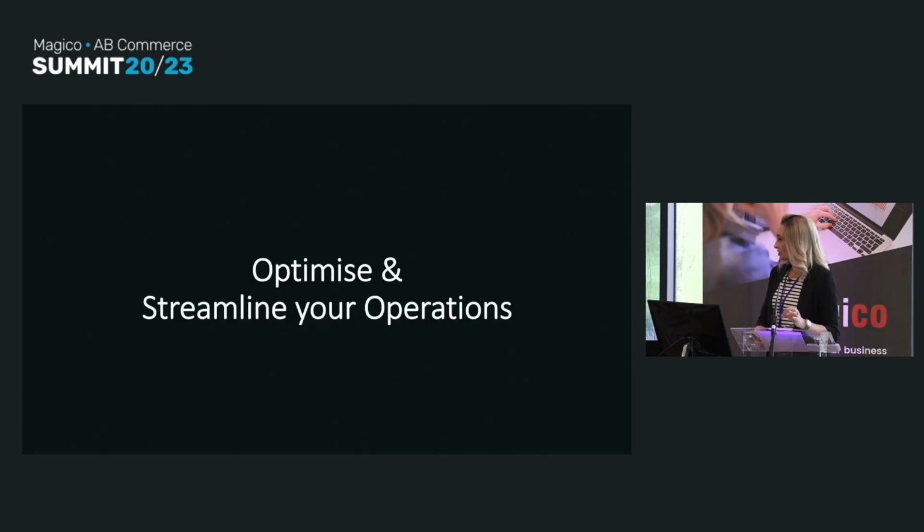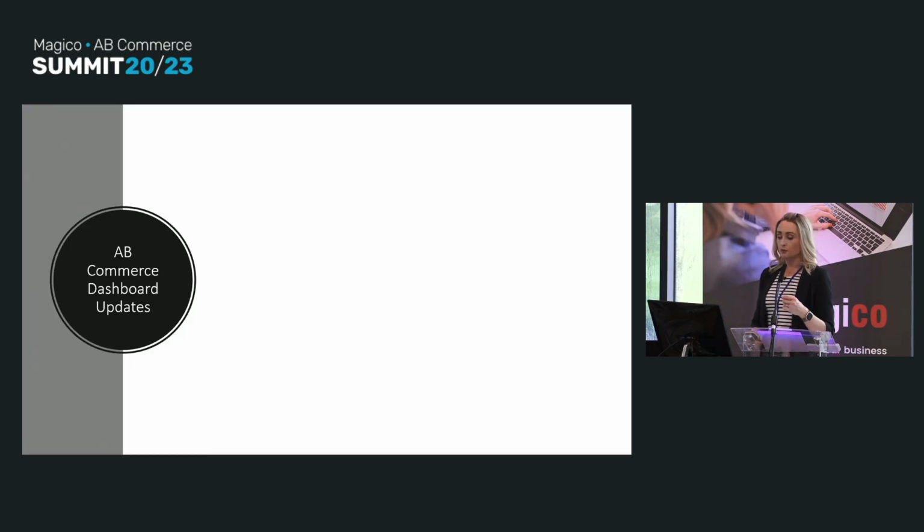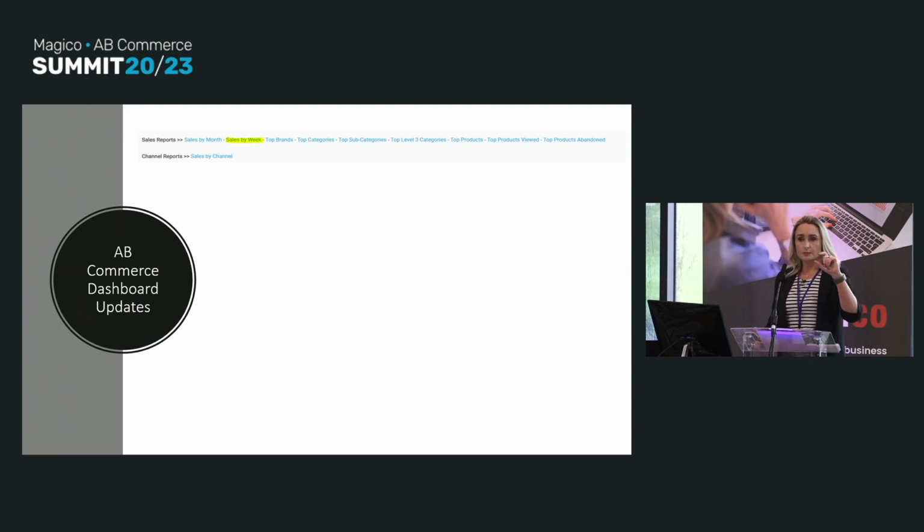Then just to let you know about streamlining and optimizing your operations, some more recent AB Commerce dashboard updates, some of which you might have spotted or maybe not. The very first of those is on your dashboard, you've got your sales reports, and I've just highlighted a new one that's gone in there. You might have spotted that already. It's your sales by week. So we already have sales by month, but just to break that down so you can actually see your sales by week. And when that opens up, you can actually easily copy and paste that into an Excel